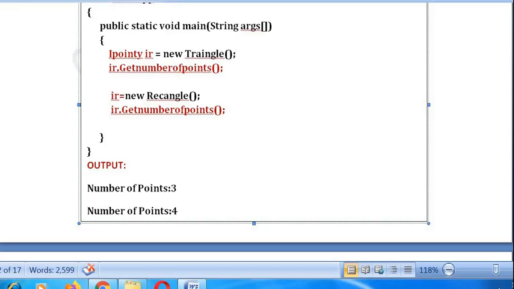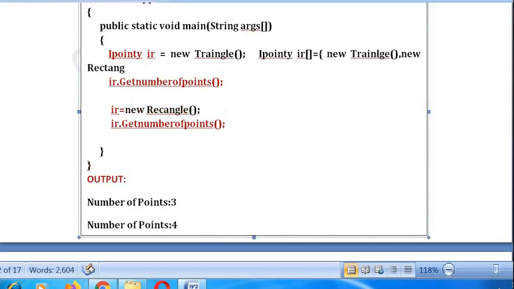Another way you can define it is like this. IY: create an array of interface references, store an object of type class Triangle, and next an object of type class Rectangle, and end this.